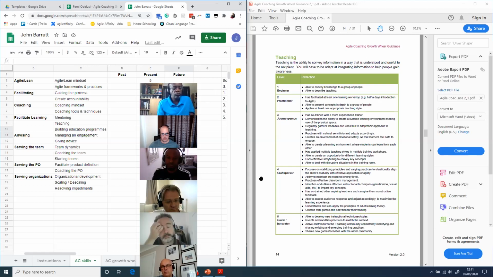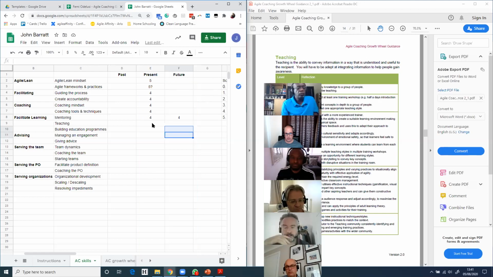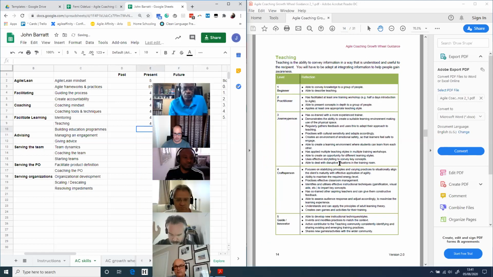I certainly wouldn't put myself in a 4. It's something that I don't have a particular passion for, but something that I have found useful. So looking at the elements, I would score myself as a 3. Okay.